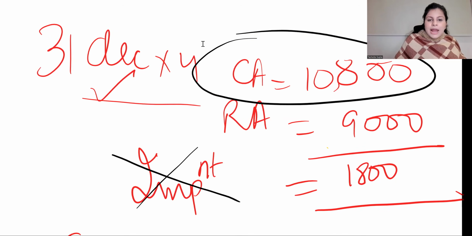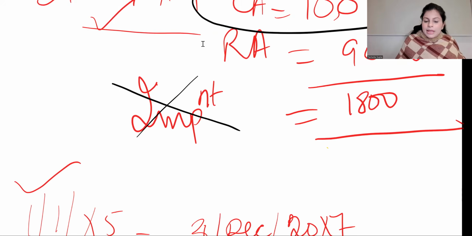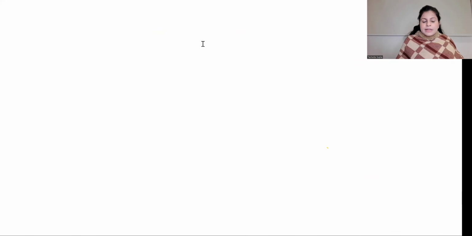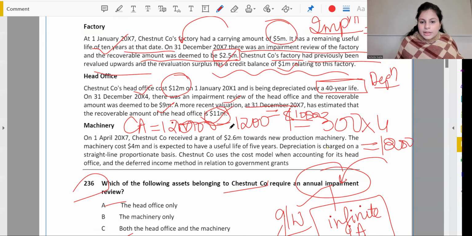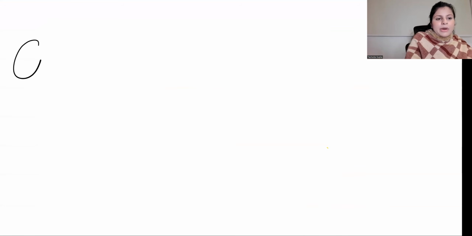My annual depreciation would have been the same. Then what would have been my carrying amount? What was my annual depreciation that I calculated? 12 million divided by 40 years. What was that annual depreciation? 300. So if my annual depreciation was 300 only, then my carrying amount on